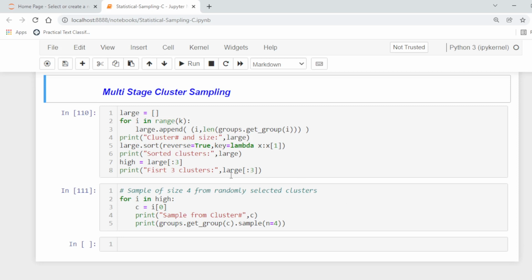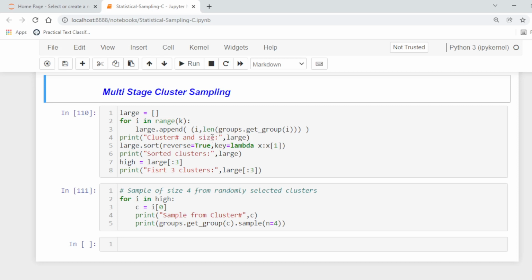So here first of all we define a list, and then we create a list with the number of clusters and the number of members in each cluster.